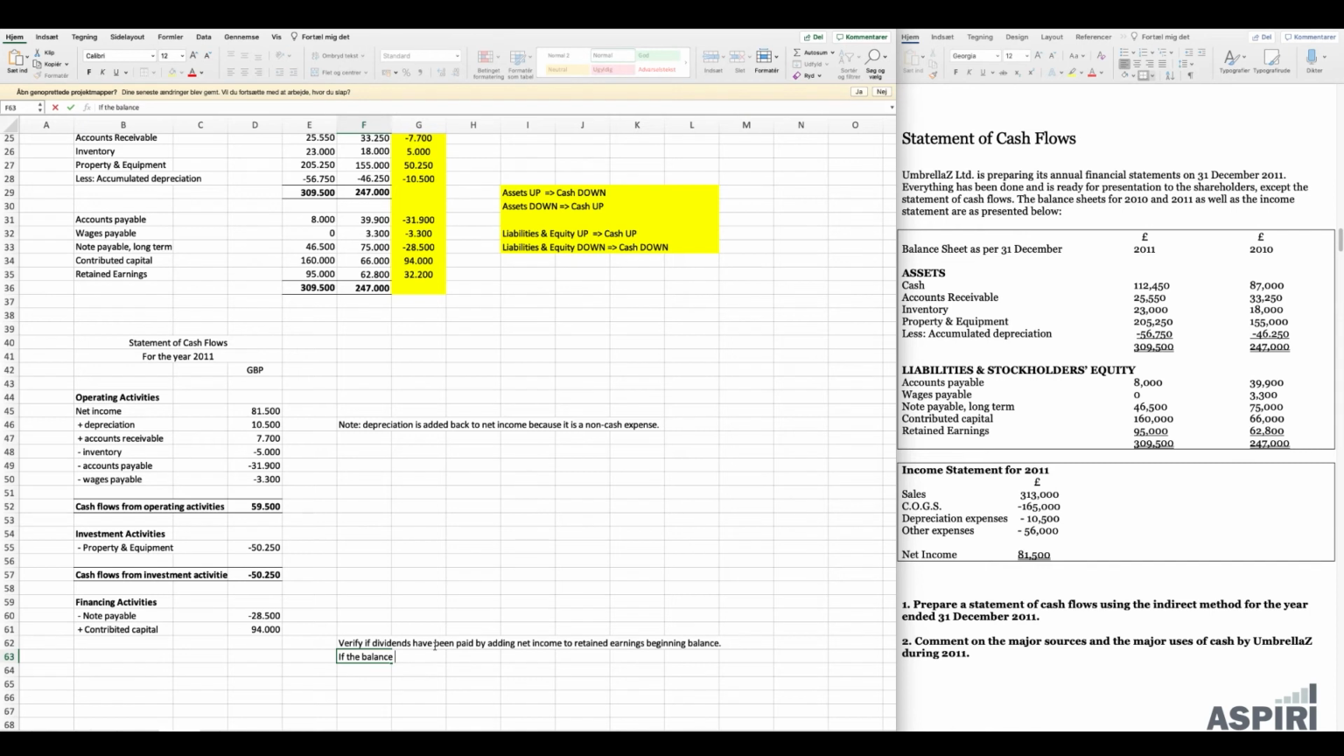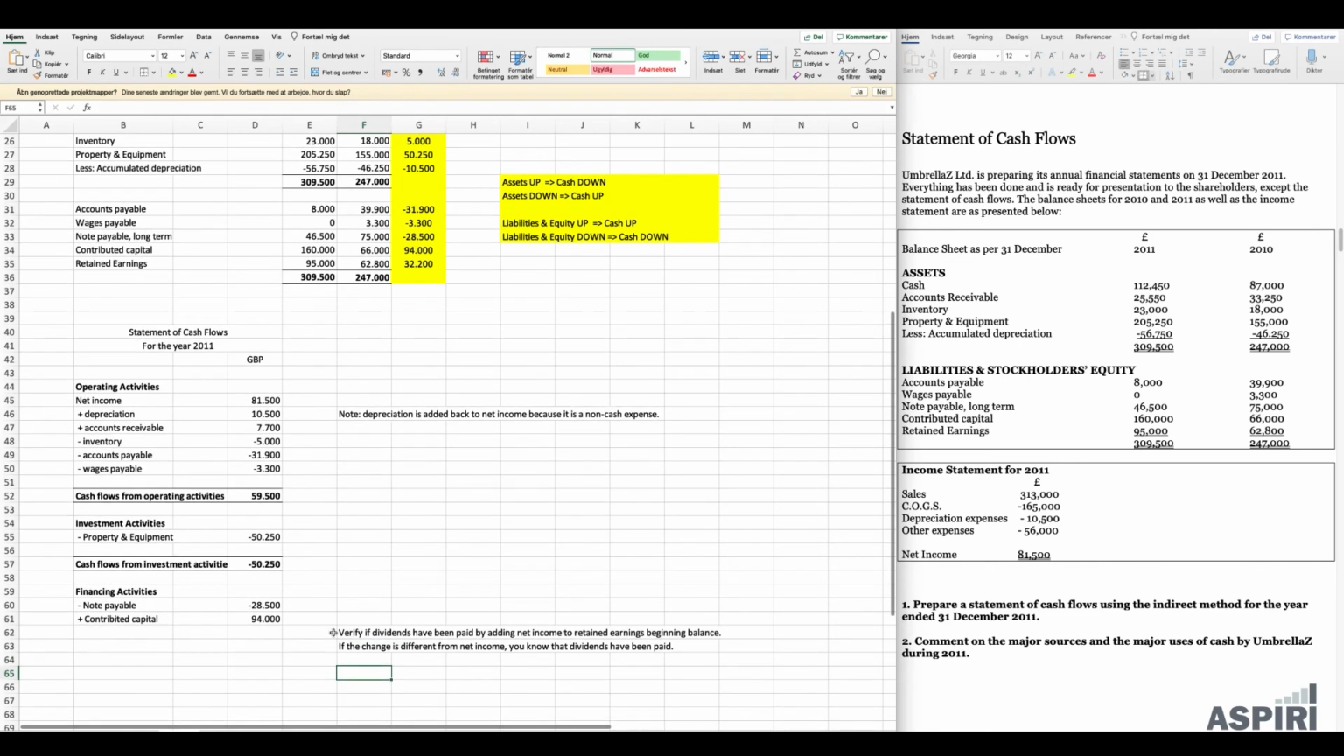If the balance is different from, if the change is different from net income, you know that dividends have been paid. So let's just do that first, and this is just to say the same thing that we talked about earlier,